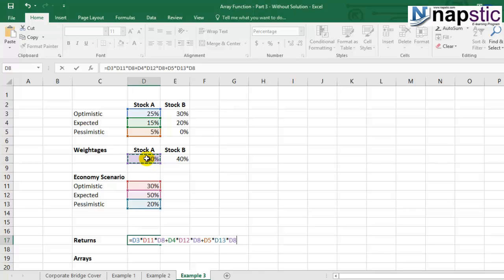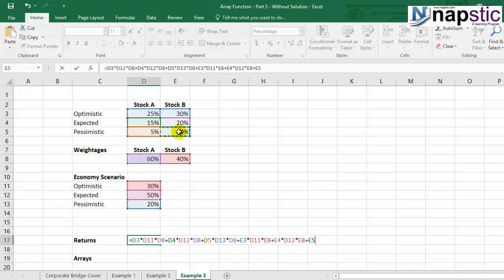So what we need to do is start that with stock B. So optimistic of stock B into economy optimistic into weightage of stock B, plus expected of stock B into economy expected multiplied by the weightage.